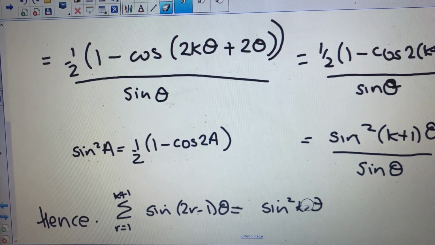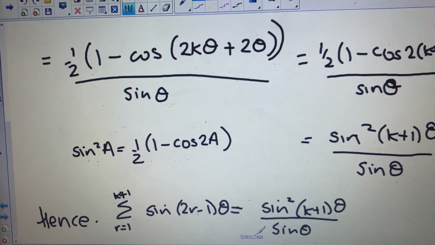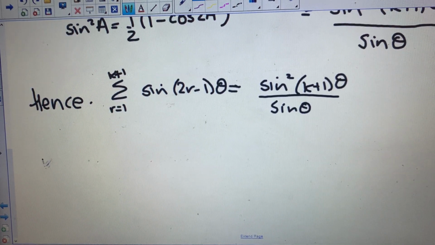I've shown, because I'm proving this for the k plus 1th term, so we want the k plus 1 in there, sine squared k plus 1 theta over sine theta, which means, hence,